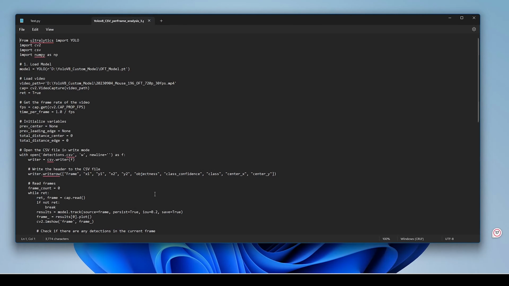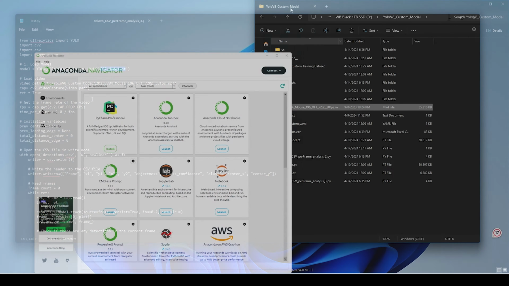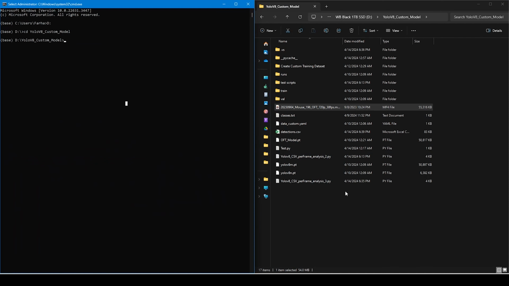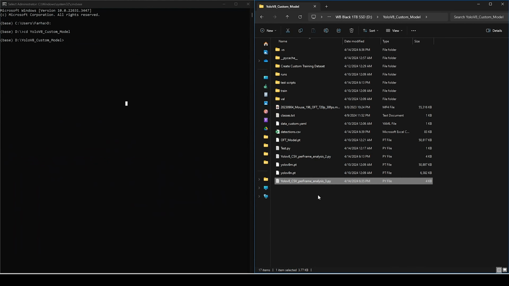For the script itself, there are a couple of things that you must change. You should provide this script with the video path, and this is the path to whatever video you want to analyze, and then give also your model, whatever model you're working with. In my case, I'm working with OFT, and I showed how to train your custom model in a different video. So let's run the code and let's see the predictions. So I'm going to copy this name and